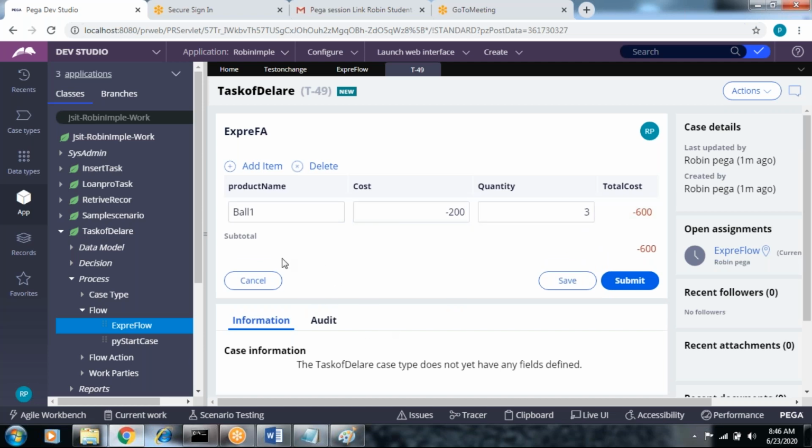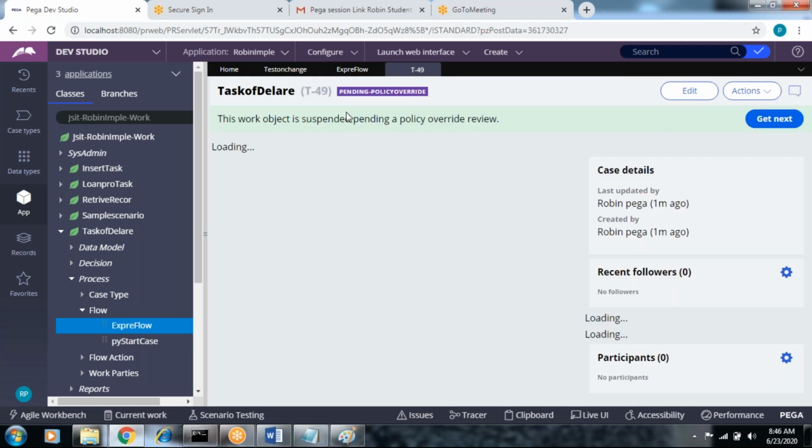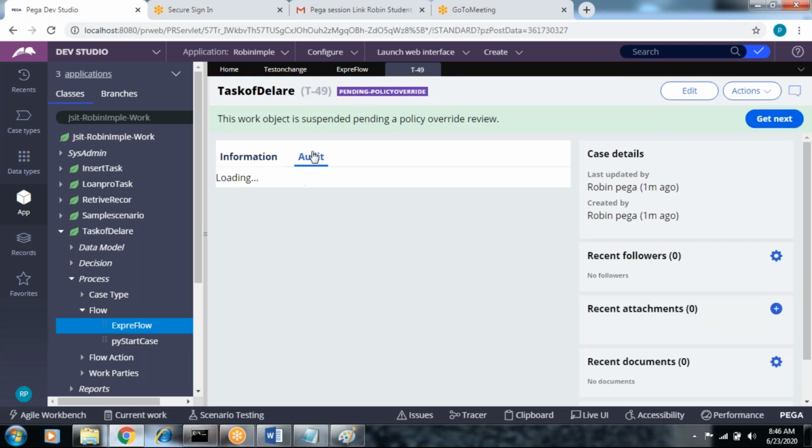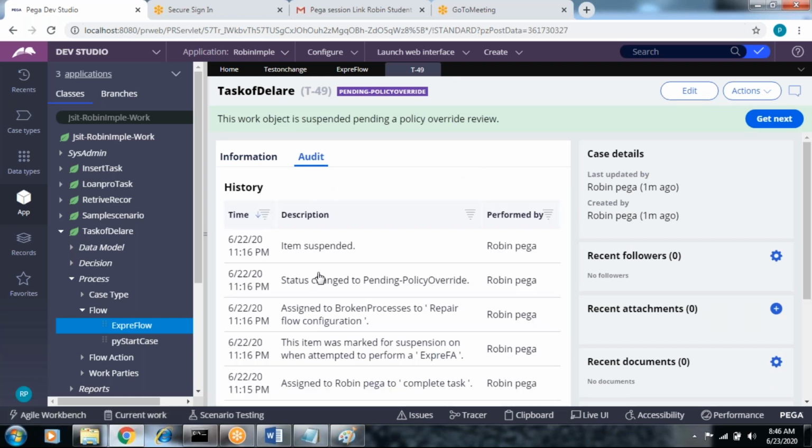So this is negative only, right? Let's see what will happen on clicking submit. The status is new now. Okay, Pending policy override is showing for the status. In the audit note, we can see what it is: it is suspended.